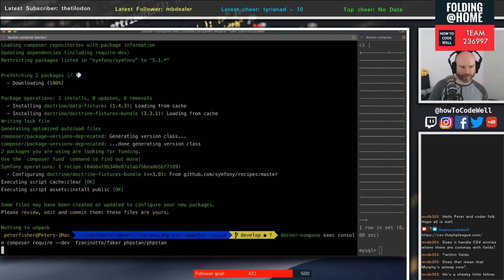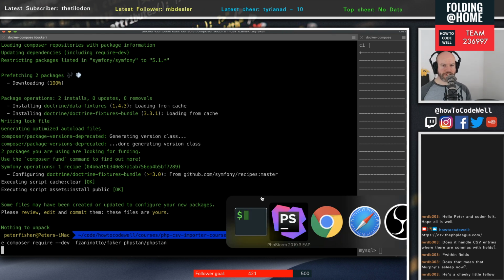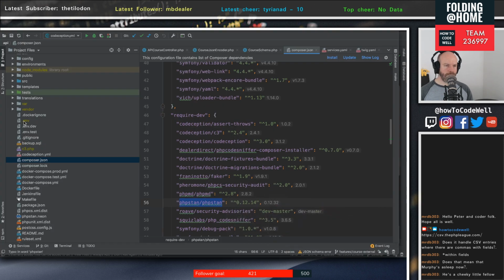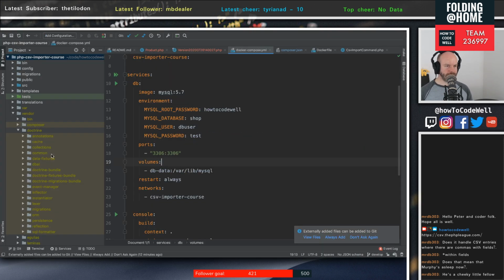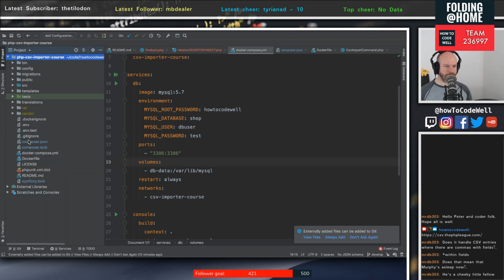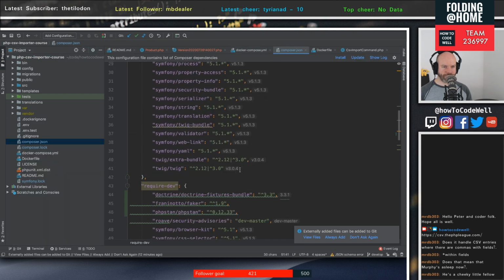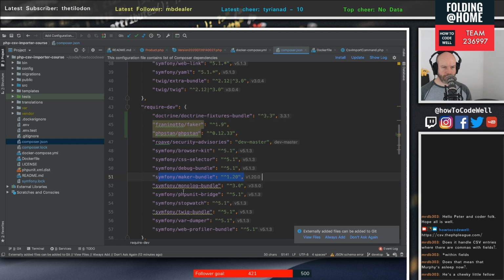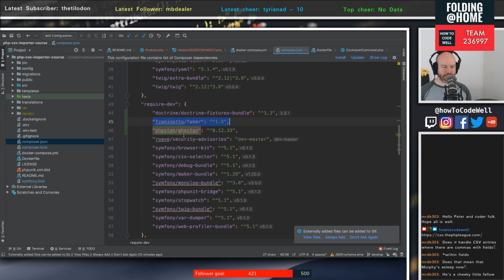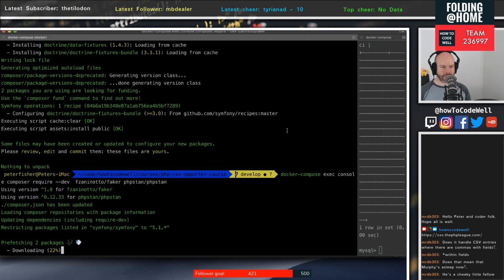All right. So these should be going not in that project, into this project. So in composer.json in here, right? So we've got the Faker, we've got PHP Stan, we've got the fixtures. So once that loads,